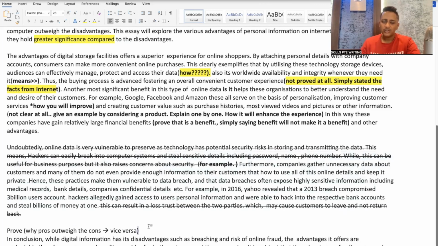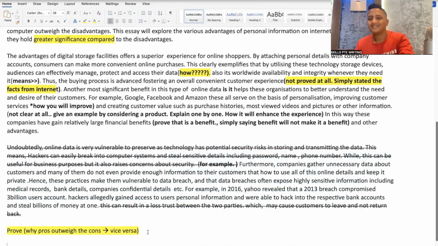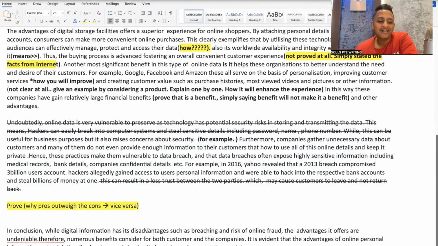Doesn't matter. So far, you have not told anything. It looks like disadvantages hold more weightage. It just looks like. But you can tweak and turn it around the way you want it. Here, probably maybe you need to write, if you want to prove advantage outweigh disadvantage,